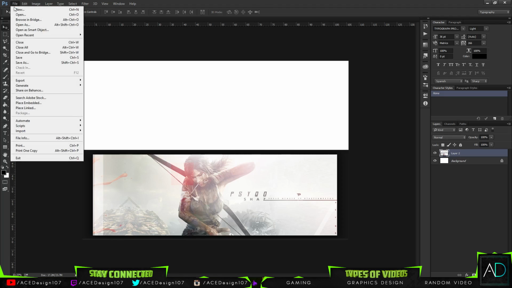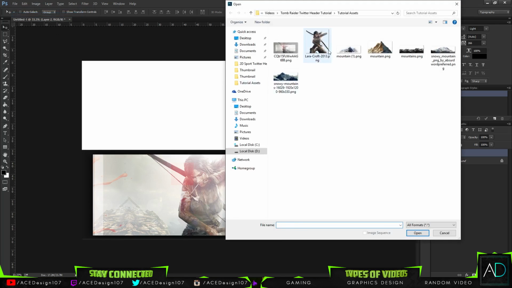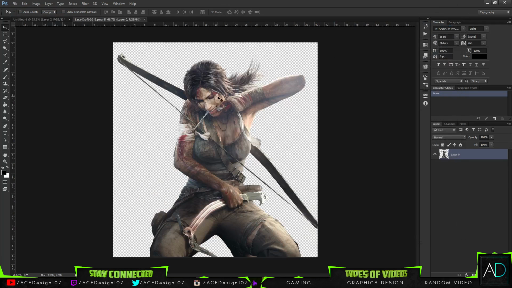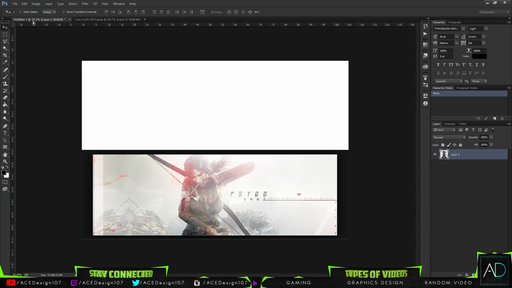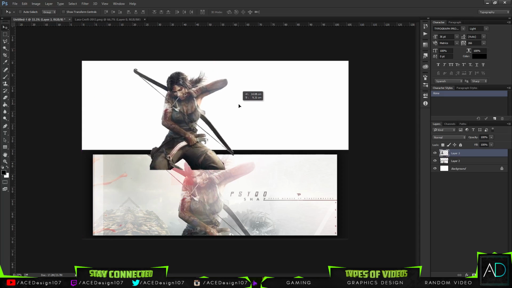So yeah, we're going to go to File, Open, and open up our PNG character of Tomb Raider. This is a really high definition one. You'll be able to find a download link in the description below where it'll say Assets Download, and the Assets Download will provide you with all the images used for this tutorial. So hopefully that will be able to help you, and let's see if we can get to 45 likes for me providing that. So yeah, I'm going to bring up our move tool and just move this one onto our document,